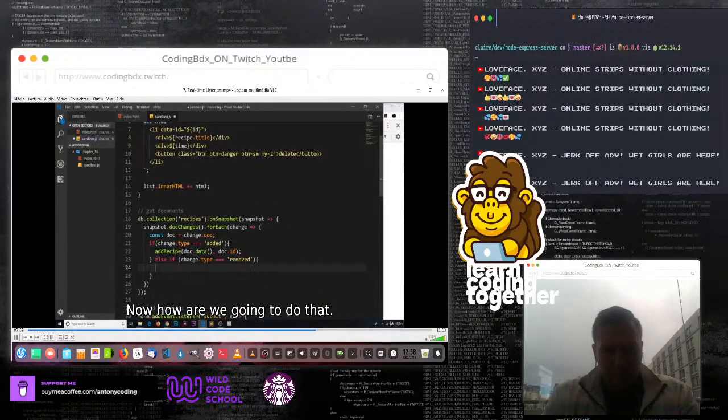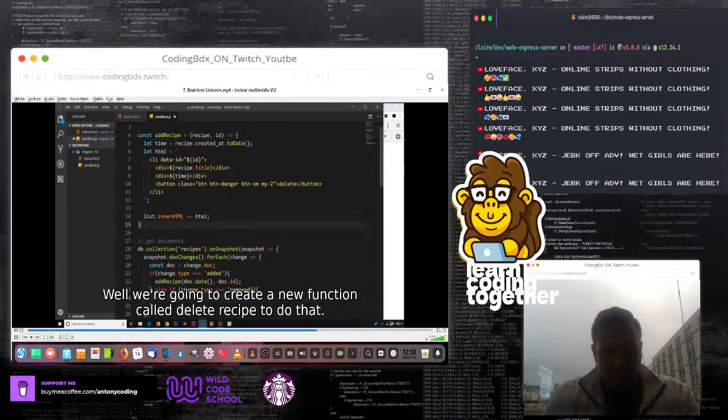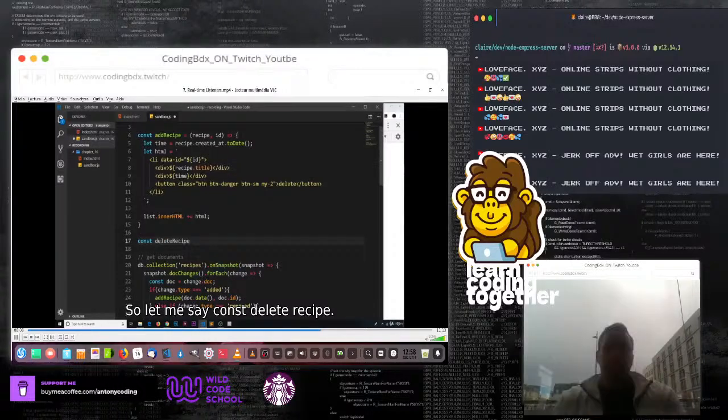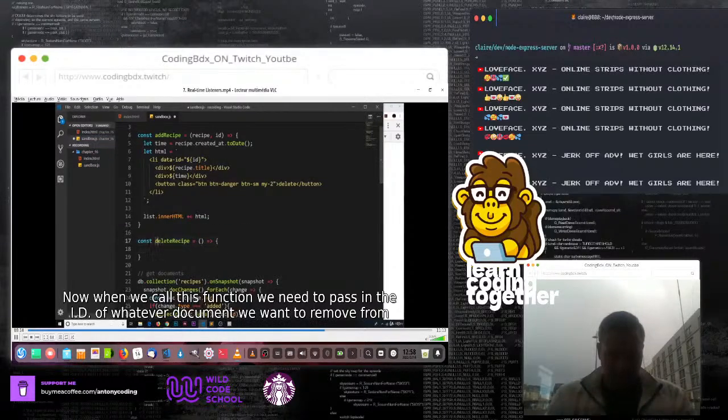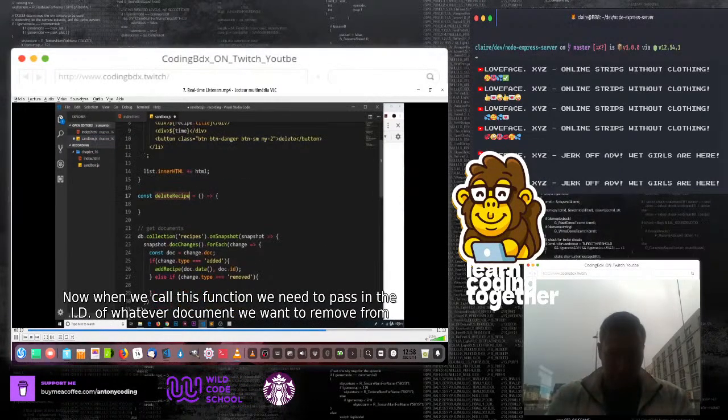Now, how are we going to do that? Well, we're going to create a new function called deleteRecipe to do that. So let me say const deleteRecipe, set it equal to an arrow function, and inside this arrow function we want to delete a recipe. Now when we call this function, we need to pass in the ID of whatever document we want to remove